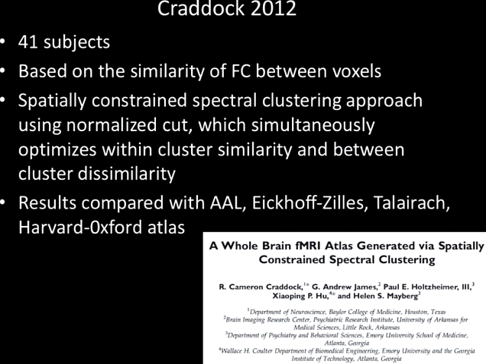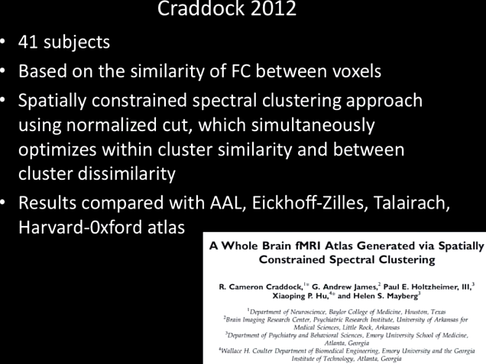This study used a spatially constrained spectral clustering approach. If you really want to get into it, we'll have to ask Cameron Craddock. Basically, it used normalized cut, a measure that simultaneously optimizes within-cluster similarity and between-cluster dissimilarity. So it's not just whether the voxels in one cluster are similar to each other, but whether they are sufficiently different